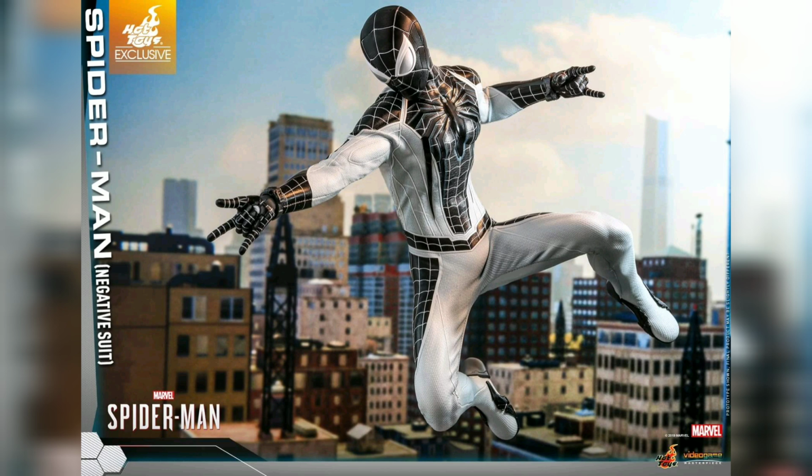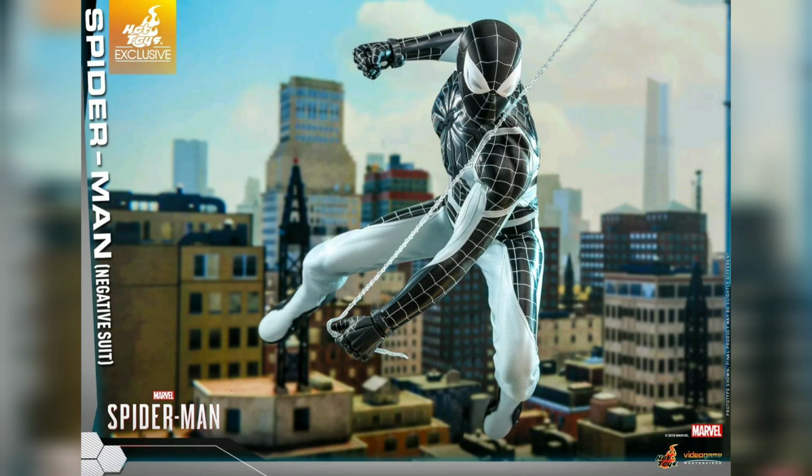There's no effects on this suit as far as I know, like a black light effect or anything. Nothing lights up, I don't think so. To me, it's just that same old regular rubber suit. The Scarlet Spider had a nicer suit, which I like. That suit was nice cloth material. It really didn't hinder any of its articulation or make you want to convince yourself not to articulate him and keep him in a museum pose. Right now I have him in a pretty dynamic pose, and it's been like that for a while and nothing's been hurting so far. But as for the Advanced Suit, my problem was, now this is according to your location,